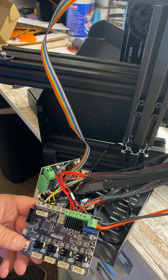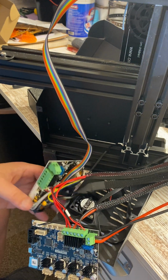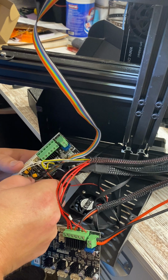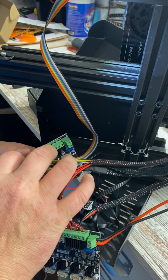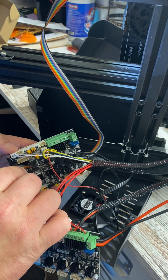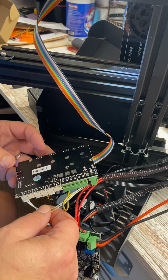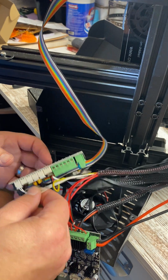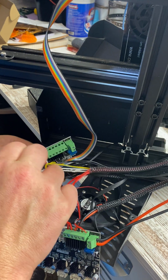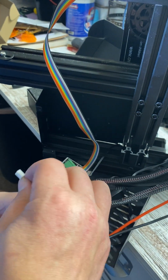So now we've taken care of all the mechanically fastened stuff. Now it's time to start taking apart everything else. So I'm going to start up here. We have a white wire that's running out of here, and on the back it says TH. So we want to unconnect this one. Look at the back of our board. It says TH on there,